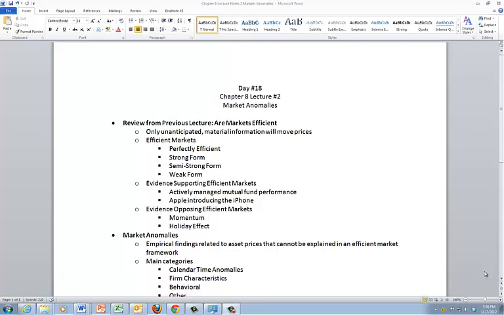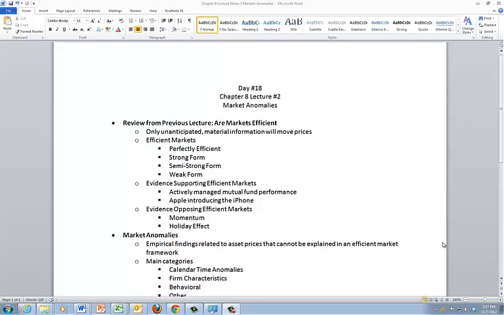Recently in class we've been studying the subject of market efficiency. At the limit we could think of perfectly efficient markets. A perfectly efficient market would be one in which all relevant and material information is instantaneously and accurately impounded into the market prices. Now I don't think that anybody believes that there are any markets in existence that are perfectly efficient. So for practical purposes, we talk about three different levels of market efficiency: strong form, semi-strong form, and weak